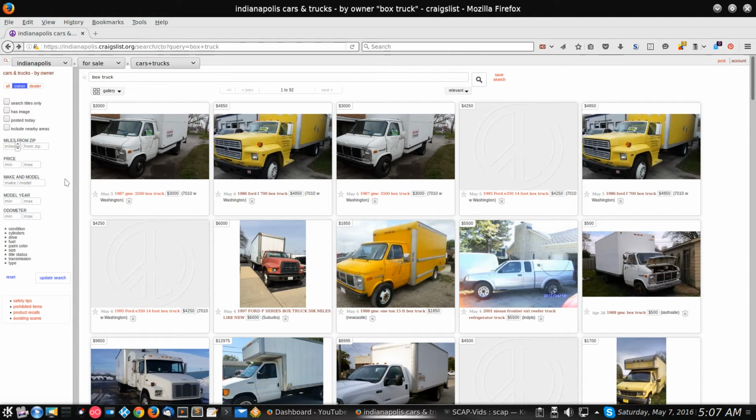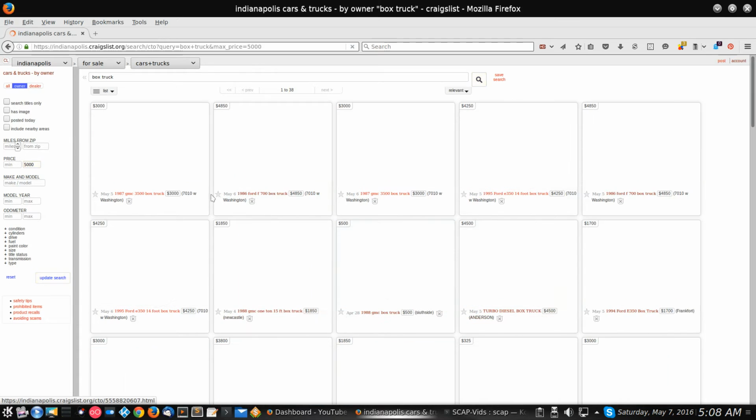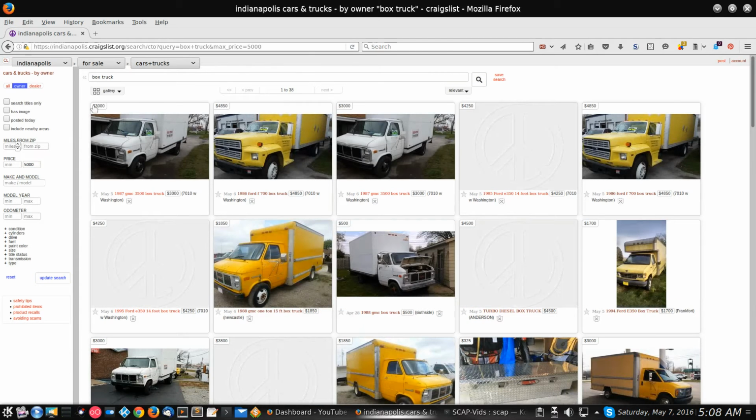Let's just say that. So you go over here to the left section and you see price. There's a minimum and maximum. I click on the max, and I'll go down here. Here's 5,000. I'll click on that, or actually, you can just type it in, 5,000, and then hit enter. And when you hit enter, it's going to filter them out. Now you see all the little price numbers at the top corner.